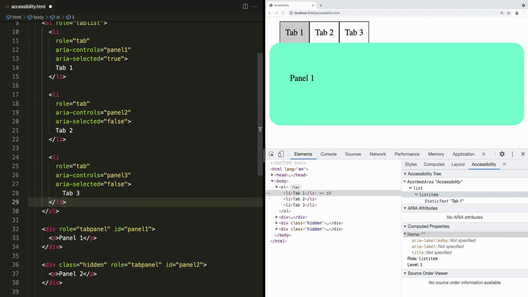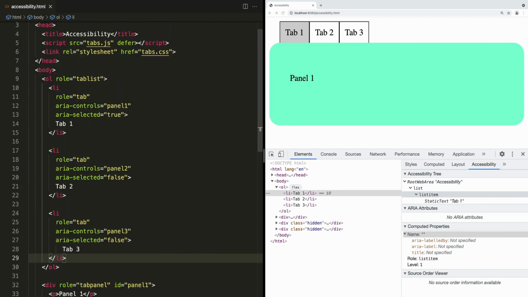Great. So now what we have is these list items, and they have aria-controls, which says this is the panel that this is currently controlling. And then we have aria-selected, which says whether or not this tab is the tab that is currently selected, the one that is currently in use. I'll also go ahead down here in this tab theory and move this over to be aligned with all of the other ones. So now the one last thing that we might want to do here is also add some labels,